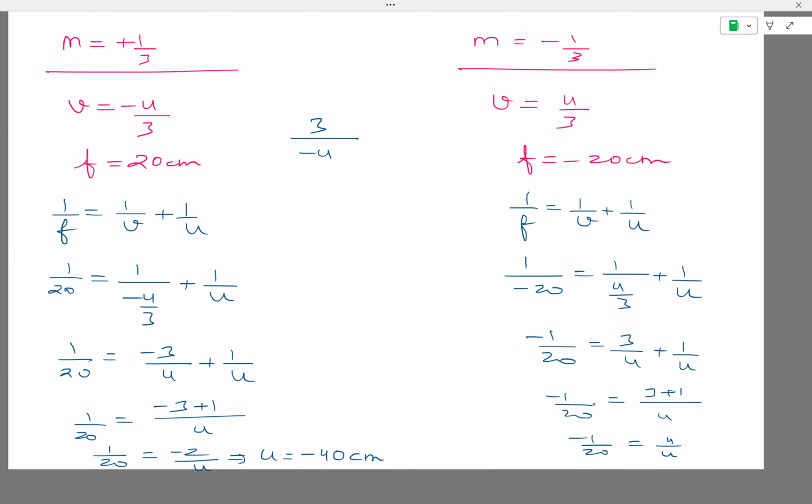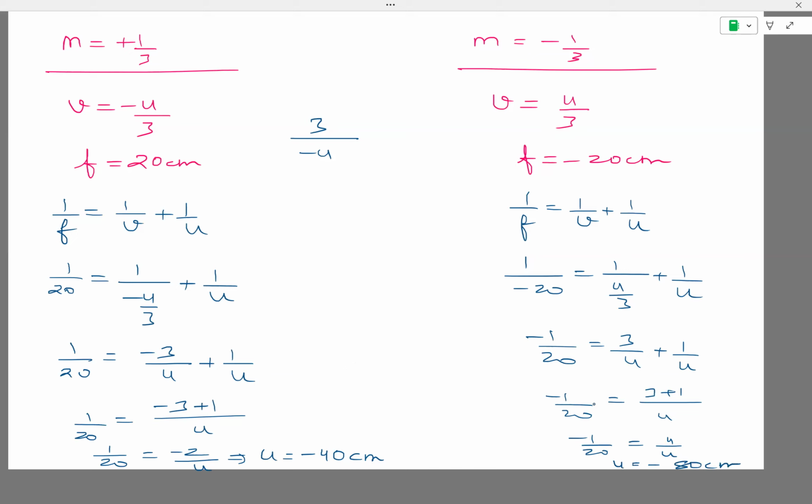You cross multiply. You will get what? See, first of all, minus, actually you can take minus to the bottom also. And then if you cross multiply, easily you can get minus 80. Otherwise, if you cross multiply, you'll get minus u is equal to 80. Then if you multiply throughout by minus, you'll get u is equal to minus 80. Okay. So u is equal to